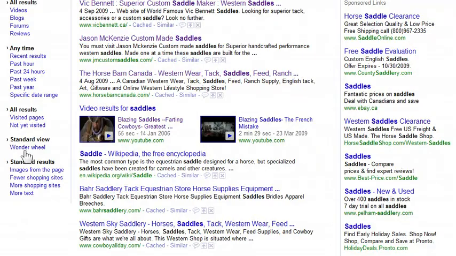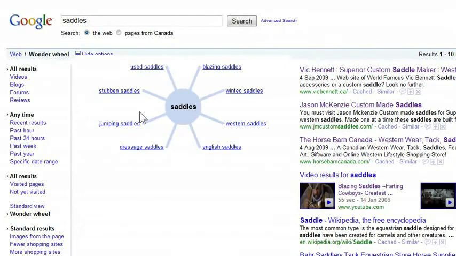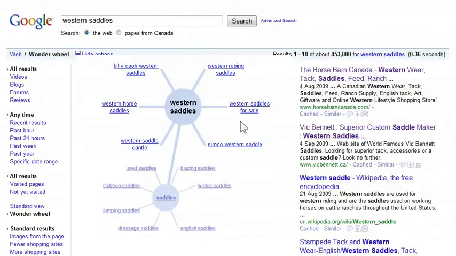Okay, now it's going to give you a graphical display of relevant keywords, which is really handy. So here's my search term, saddles, and around the wheel it's got all these relevant search terms. And you can drill down through these terms and get more relevance and more longer tail key phrases. Right, so you can click on, I don't know, what do you want? Western saddles. Let's click there. Then it'll give you another wheel with words and phrases that are relevant to Western saddles,